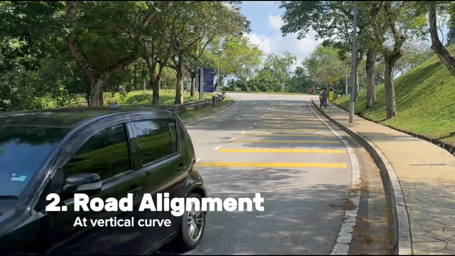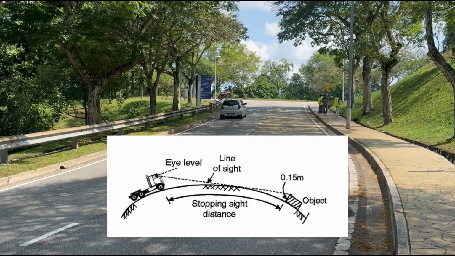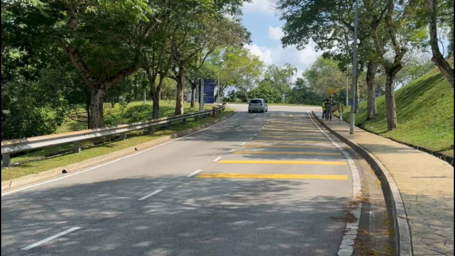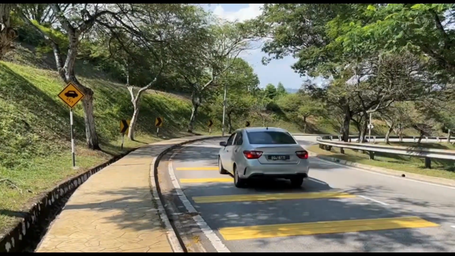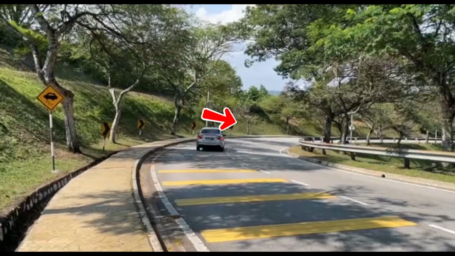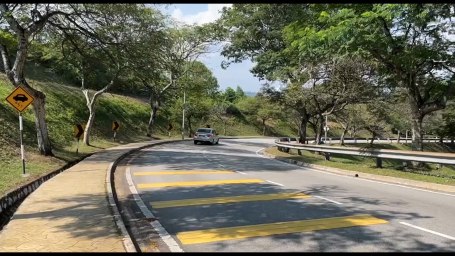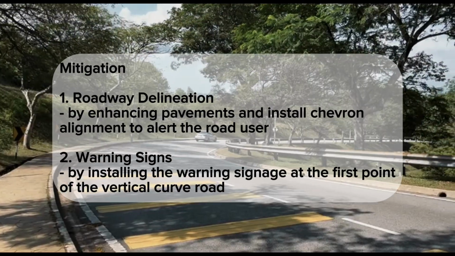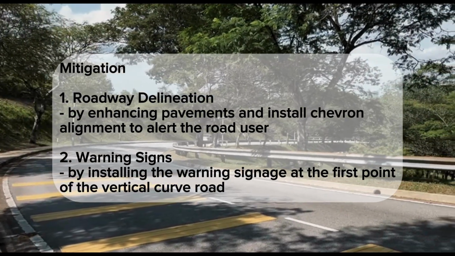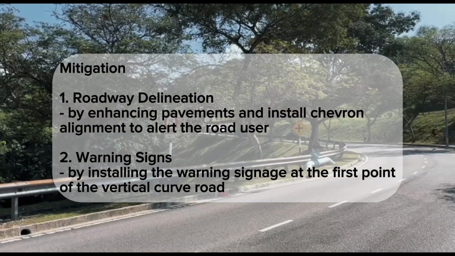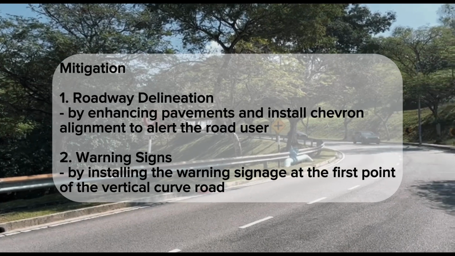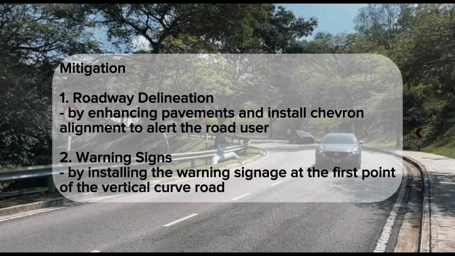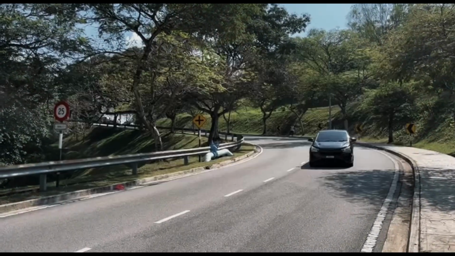Our next evaluation will be on the road alignment at the vertical curve road. As we can see, there is a limitation of sight distance for vehicles that move from downhill to uphill, and also a limitation of sight distance for vehicles that move from uphill to downhill. There are some mitigations that could be done, which are enhancing the road pavement and installing chevron alignment markers to alert the road users. We could also mitigate this issue by installing warning signage at the first point where the vertical